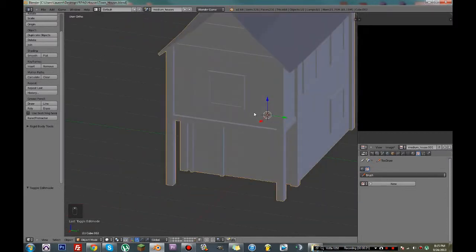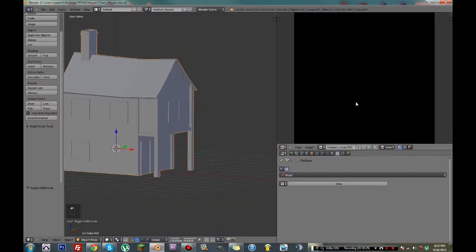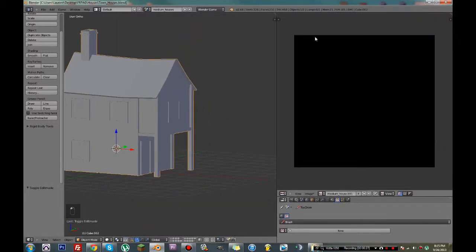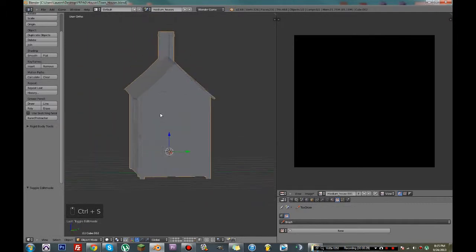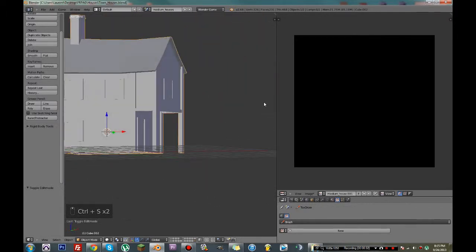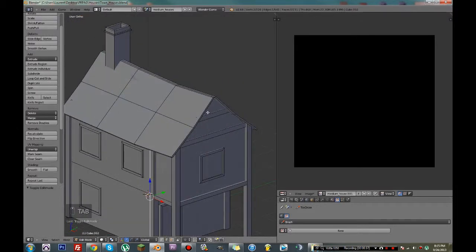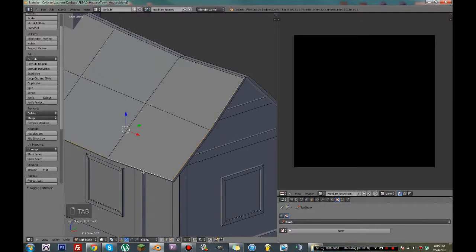Okie dokie. So, when UV unwrapping for the game engine, one thing we want to keep in mind is to make everything as closely packed as possible. So that's one of the things we're going to try and do. But I'm going to start off going from the material list. So I'm going to start off with the wood items. Now, for wood items, there's a couple